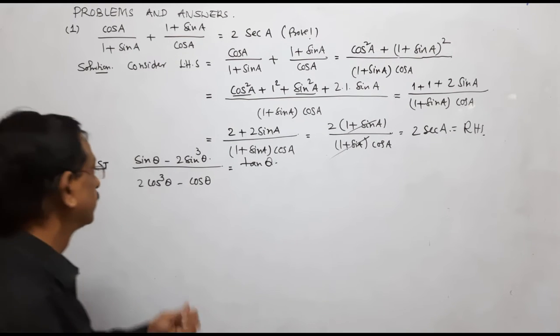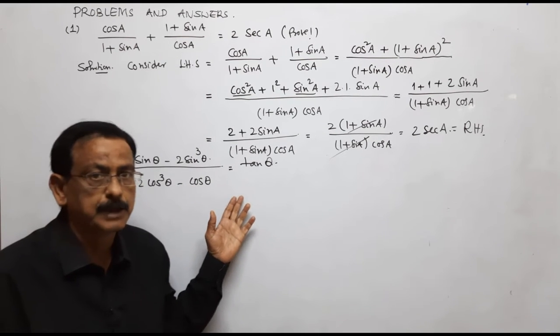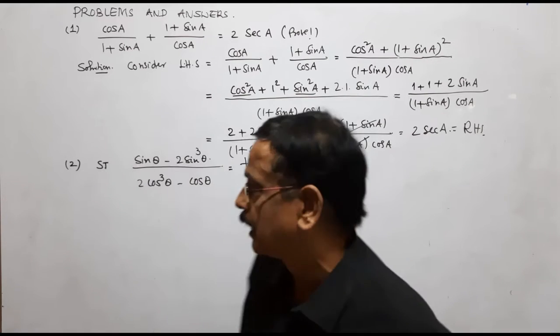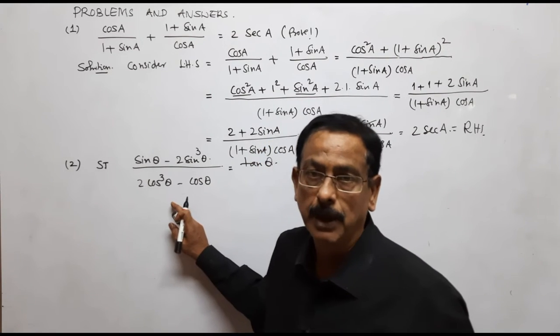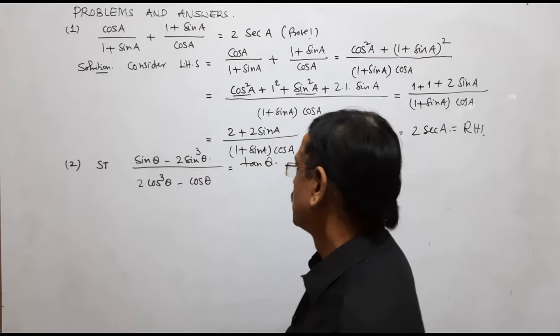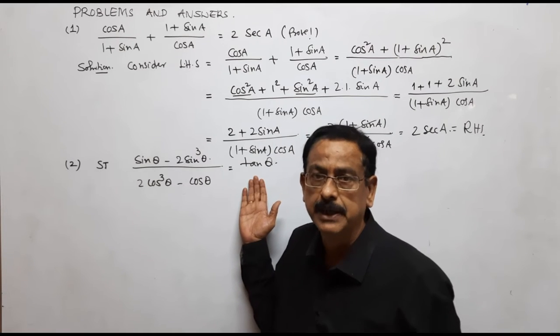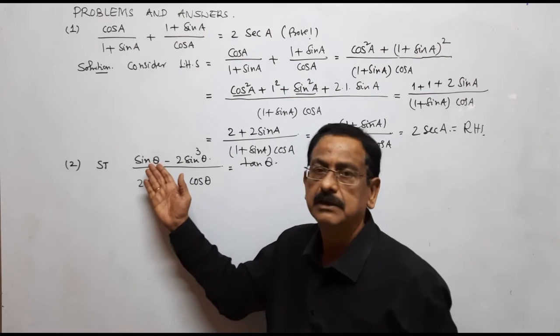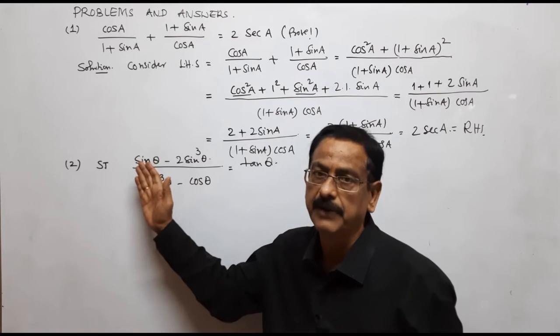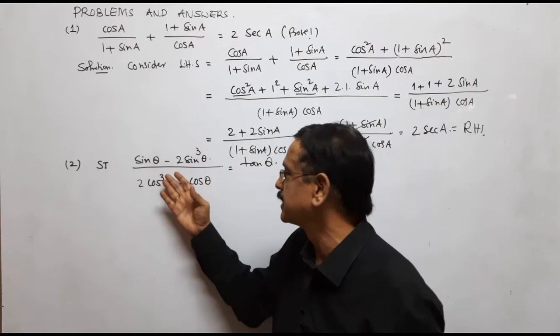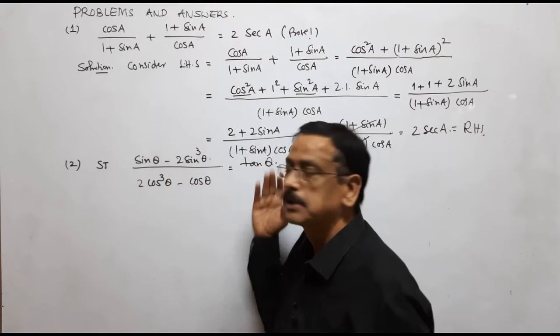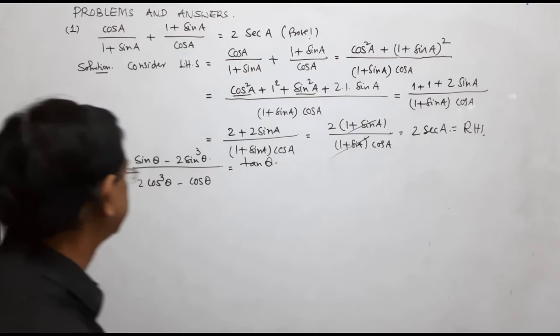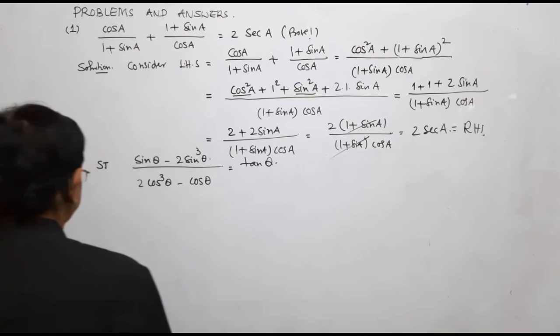Again, the solution. While you are doing a problem, you should be very careful in looking at the problem. On the right hand side you have only simply tan theta. So if you want to write it in terms of sine, it's difficult. So consider only the left hand side so that you can have a simplification, and after simplification you have to obtain tan theta. So let us consider LHS.